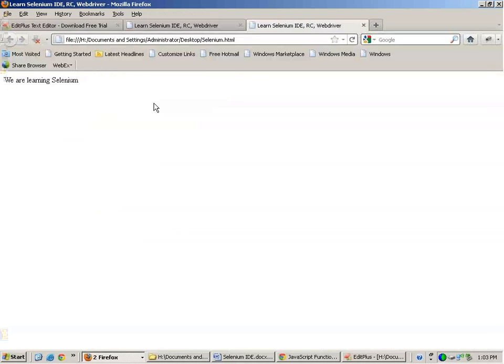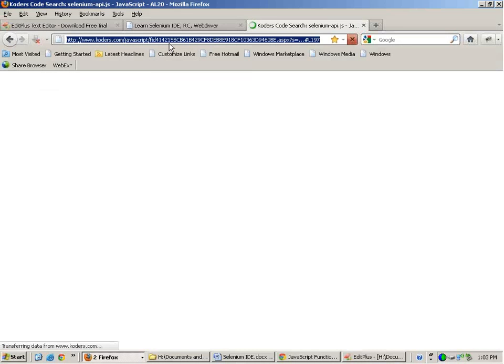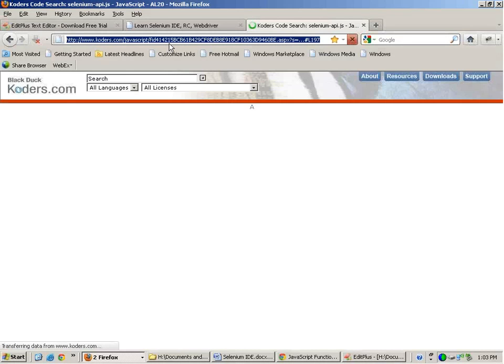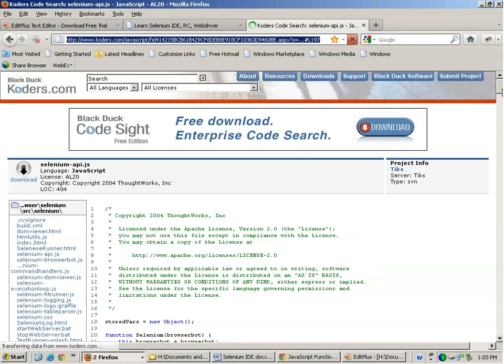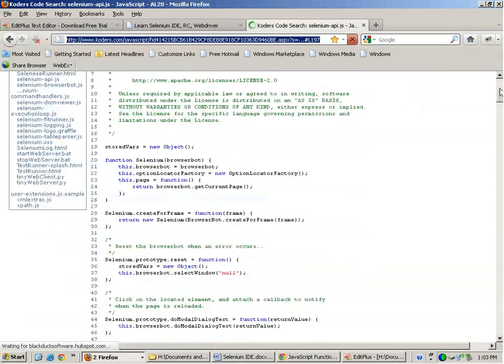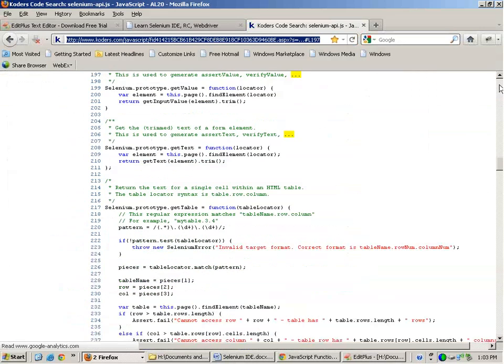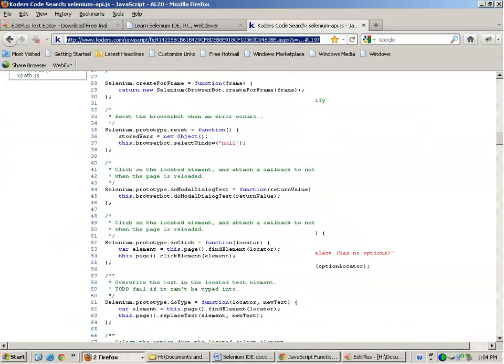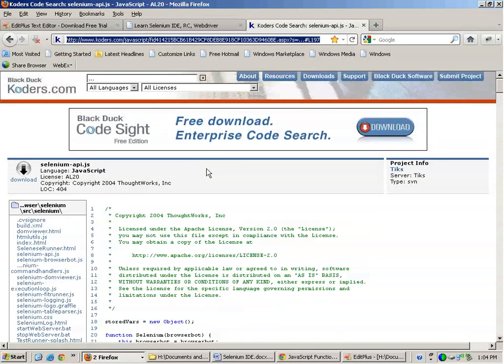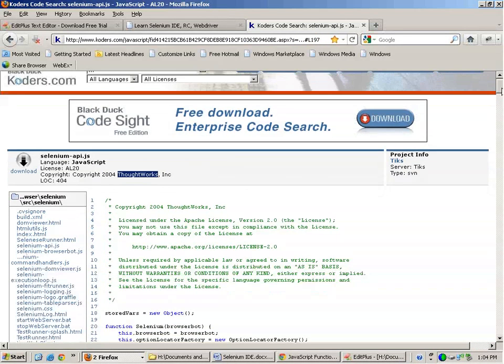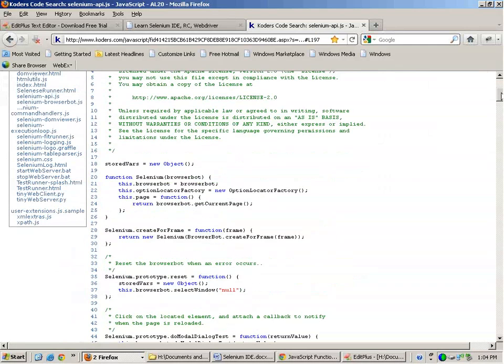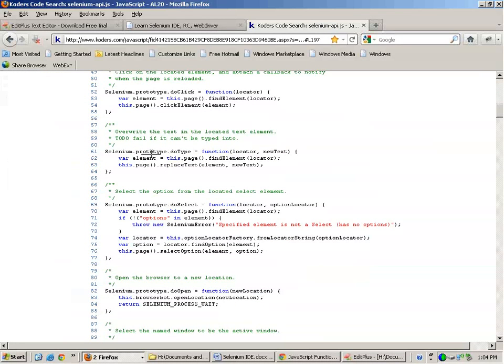Okay, now let us go and have a look at the core part of IDE. They have made it public, obviously open source. Selenium is open source. They have made the core part available in the market as well. I've stored it in the bookmarks. This is the link. Fine. So this is the core part of IDE. Okay, I'll be uploading this link on my website as well. You can actually go there and look at it. This is the core part of IDE made by ThoughtWorks. So they have made a lot of functions in it. For example,